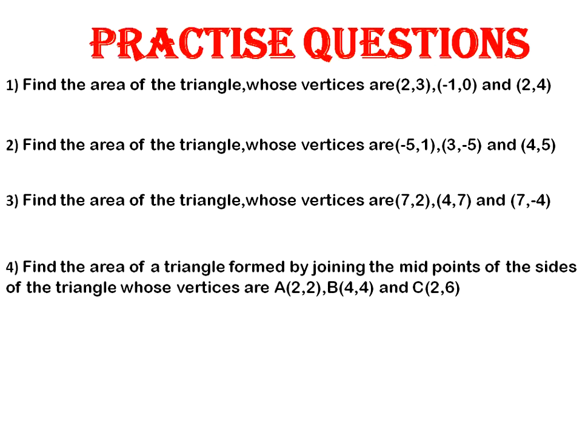Now another problem. Find the area of a triangle formed by joining the midpoints of the sides of the triangle whose vertices are A 2 comma 2, B 4 comma 4, C 2 comma 6. So here they have not given x1, y1, x2, y2 and x3, y3. You have to get the midpoint of AB. 2 plus 4 is 6, half is 3; 2 plus 4 is 6, half is 3. So 3 comma 3, the midpoint of AB is 3 comma 3.